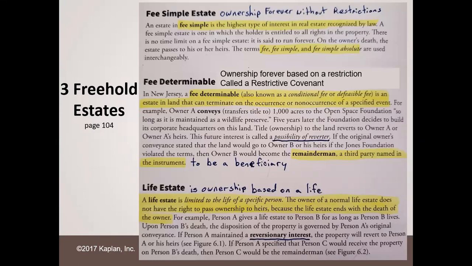But if you violate the condition of your ownership, then the person who sold you the property and put that restriction in it, or maybe it was the person before that or before that, whoever put the restriction in the deed, if they find out you violated the terms of the sale, they can step forward, take you to court, and compel you to give them back the property because you violated the terms of your ownership,